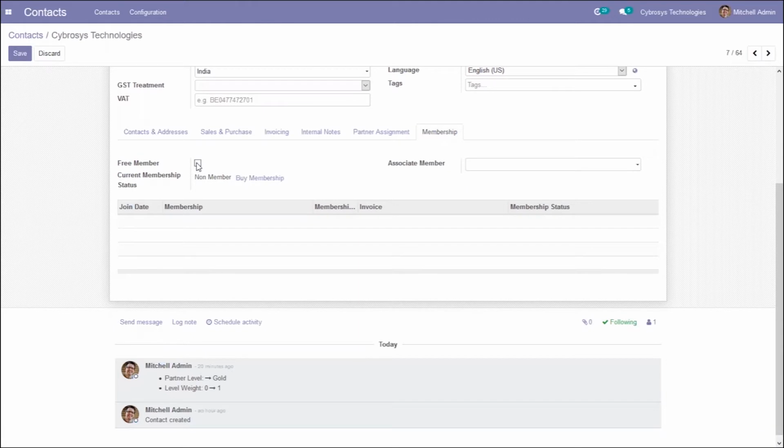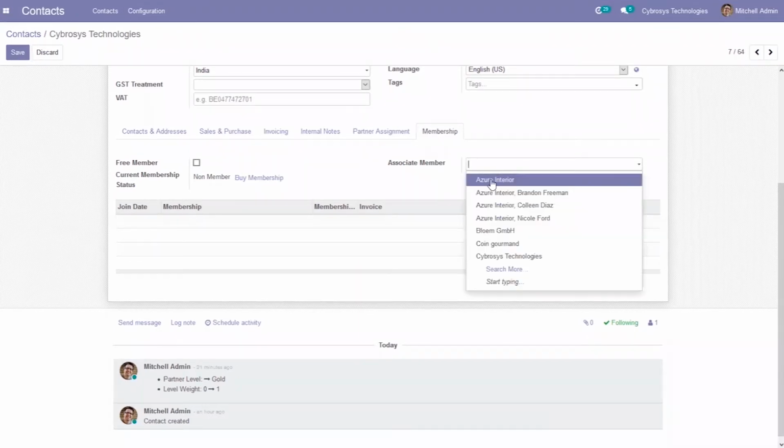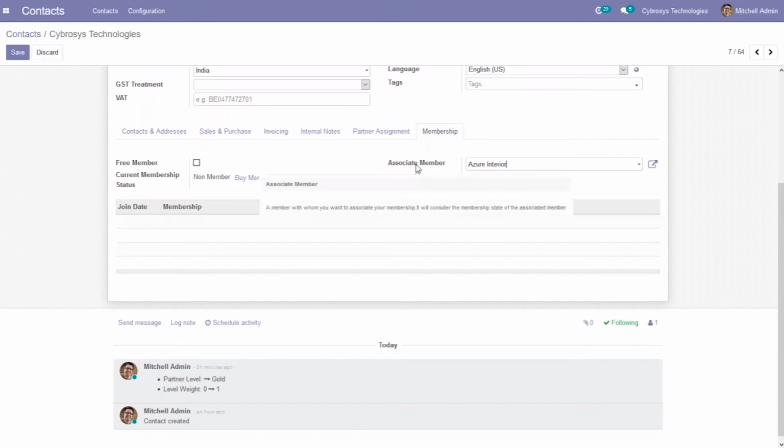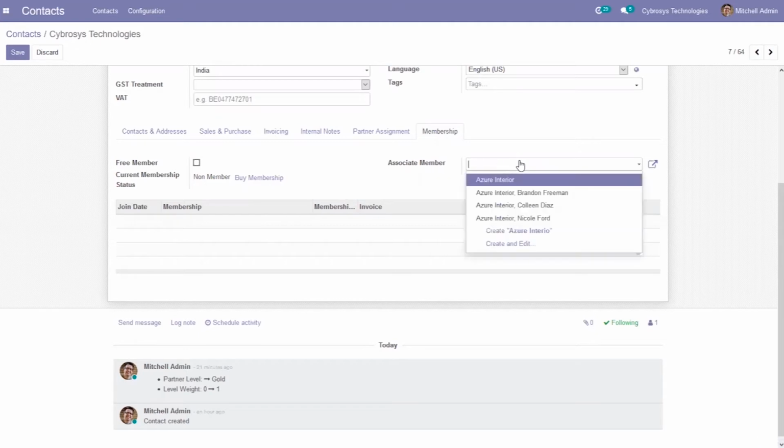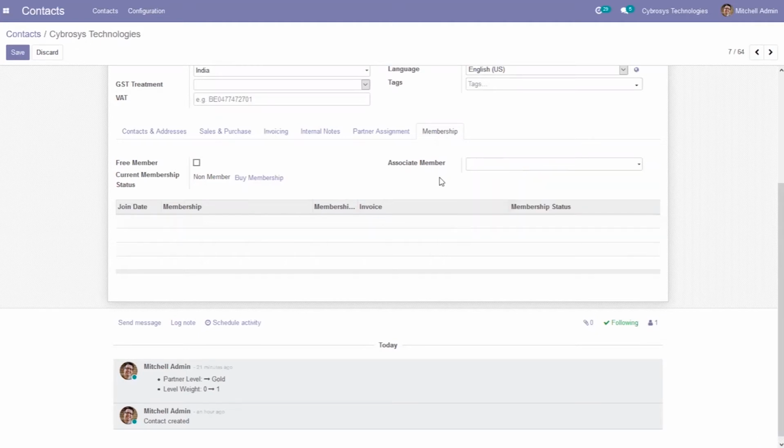If it's not a free member, you can buy a membership and create an invoice, and that will be added as a line here. You can also add an associate member for this contact. If I set an associate member, it will consider the membership state of the associate member. After adding these details, you can save this contact.